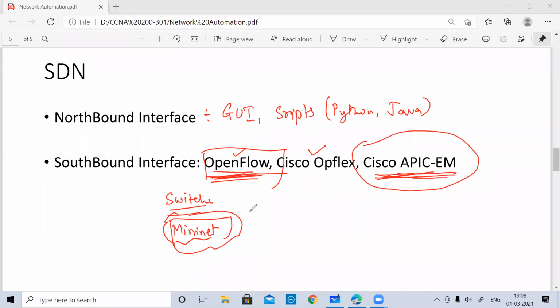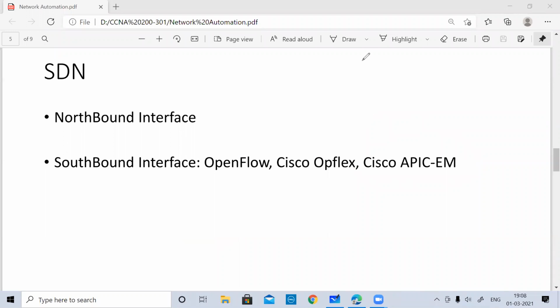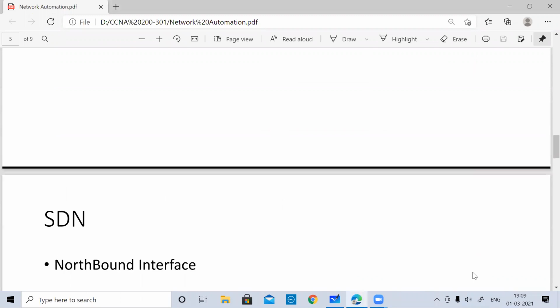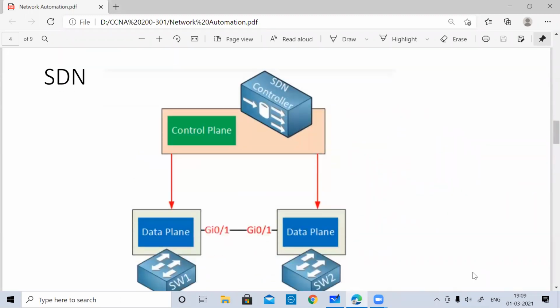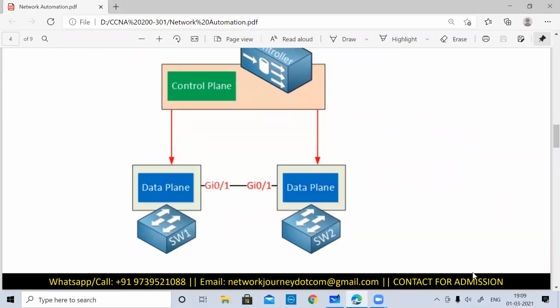Now, having understood these interfaces which we talk about, these are using APIs. A very famous API which we are going to talk about is the REST API. I already mentioned what APIs are, and I had drawn a diagram stating where your API will be.